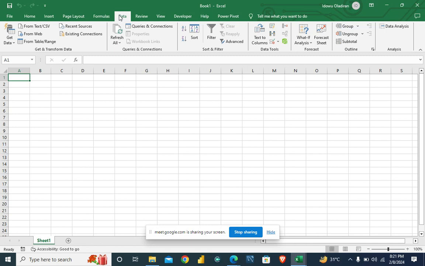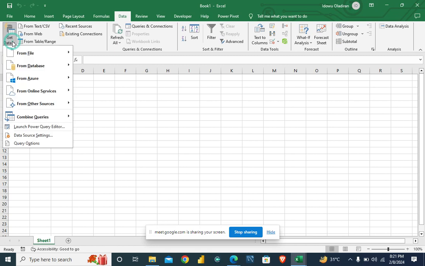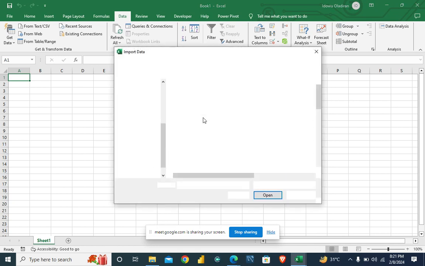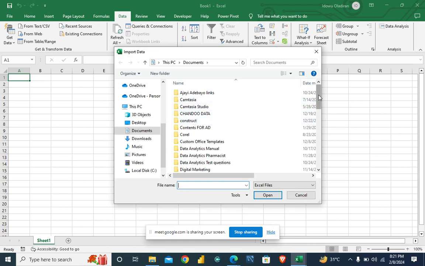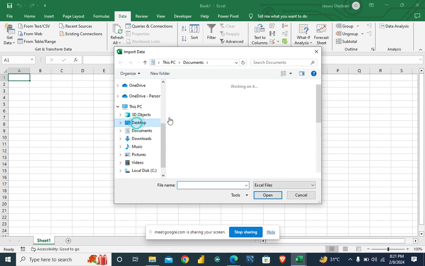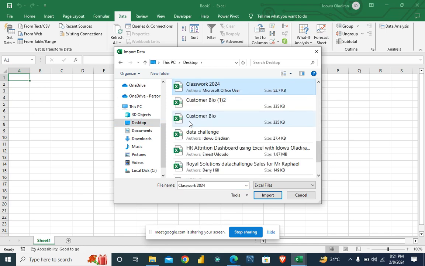Now I'm bringing in the customer bio data. So I go to data menu and I go to get data, and then from file, from Excel workbook, customer bio data. We have a lot of data to work with, but tonight it's on customer bio. So I select it and I click on import,